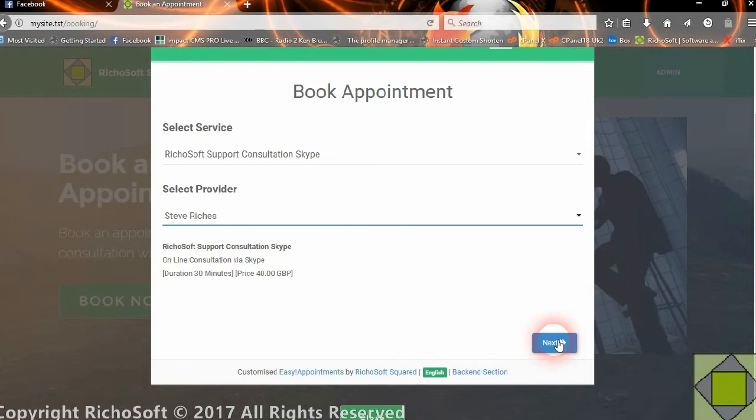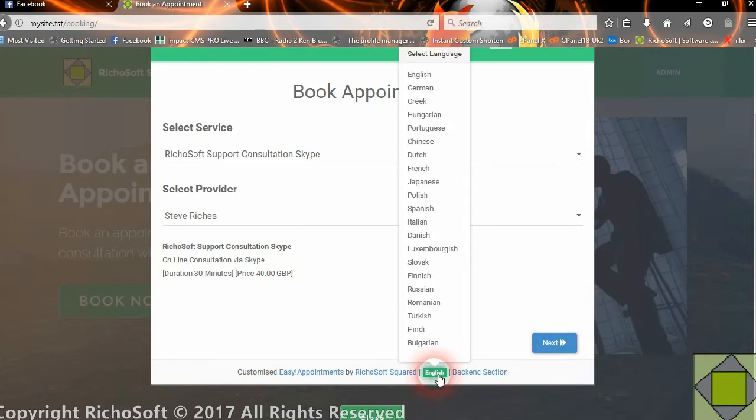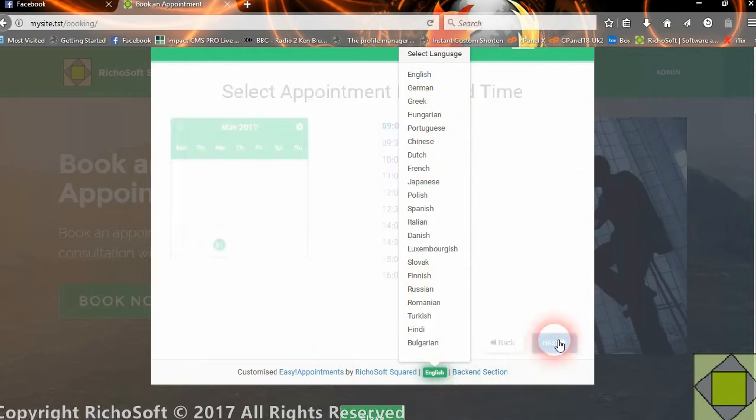You get your first step there. You can also select the language you want to do it in from various different languages, and that will automatically change on the screen then. So if we go to the next,